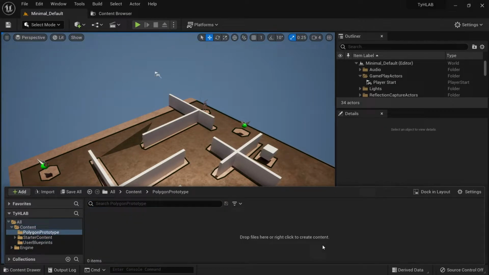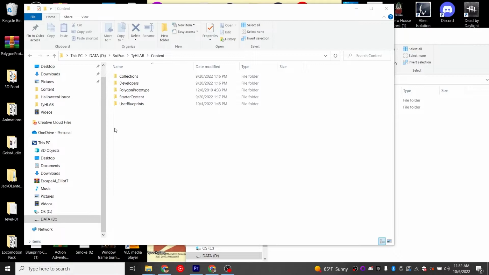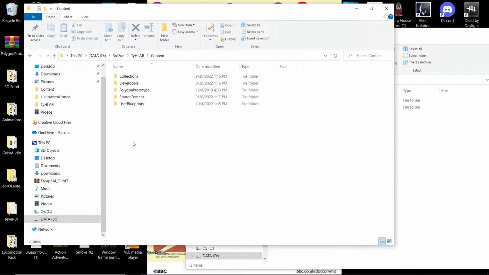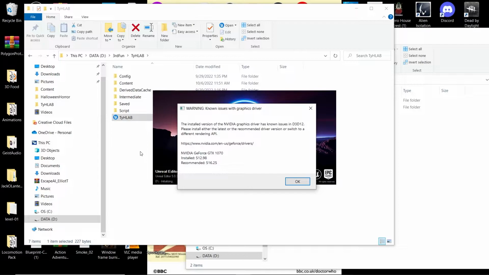Now, if you go into it and it looks like this, don't worry, it's okay. What we need to do is just restart our project. So if you've been working on anything, make sure you save what you're working on, close that project. Then we're going to go back to our project, just like we've done in the past. Mine is TyH Lab. We're going to go ahead and kick that off, and then when it loads again, we're